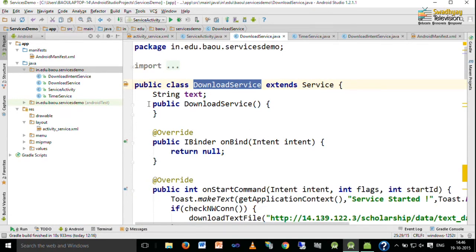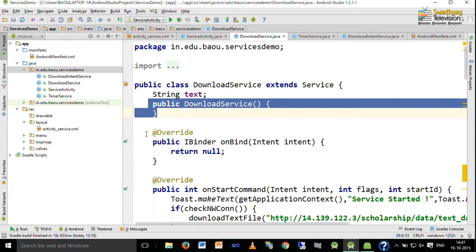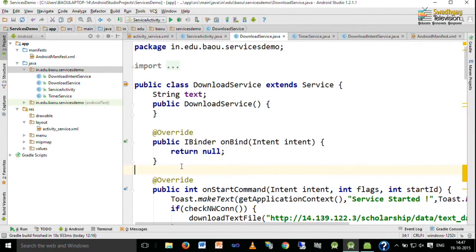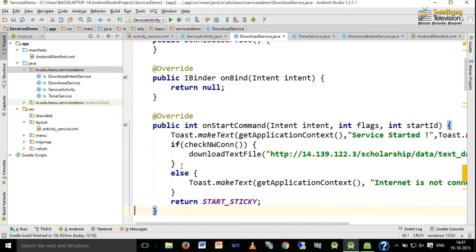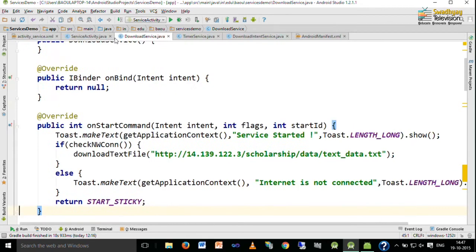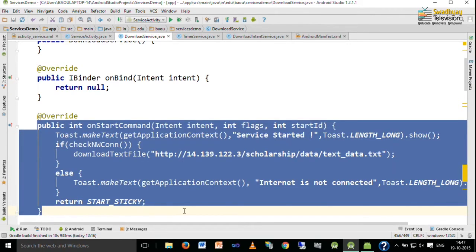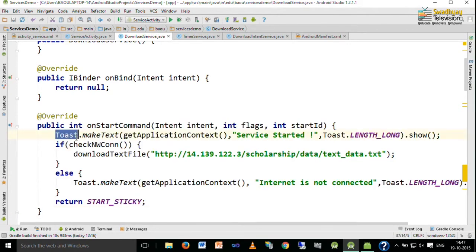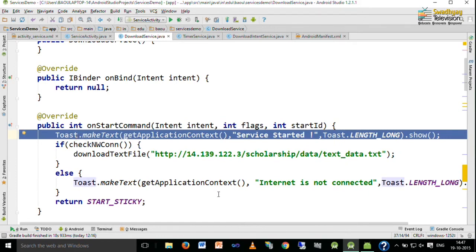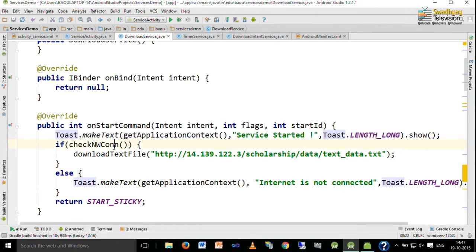inside it creates one constructor and the onBind method. So, when you start a service, as discussed in theory, the onStartCommand method is automatically called. So, in a toast we display service started, and here we first check whether a network connection is available or not.